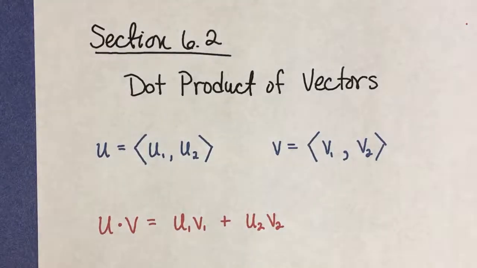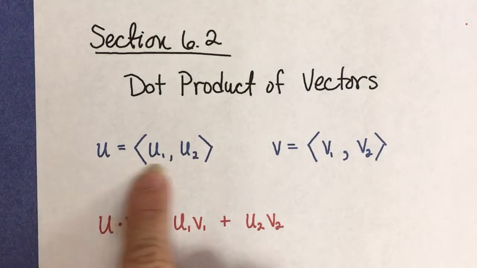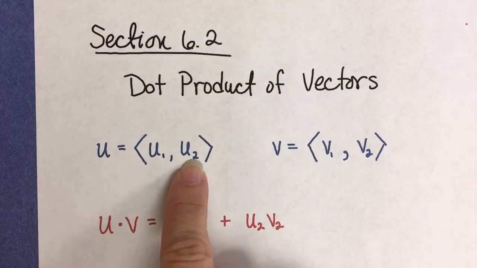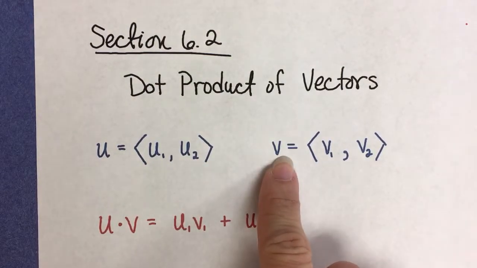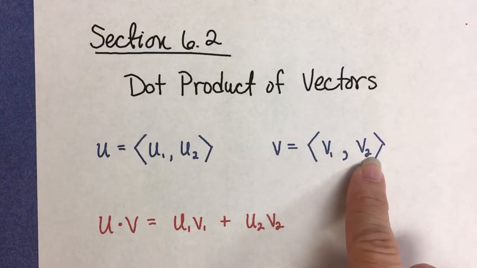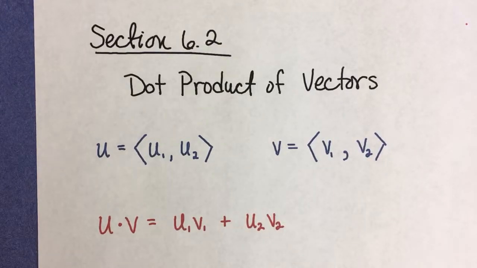Okay, section 6.2, still dealing with vectors. First of all, we're going to look at what's called the dot product of vectors. If you have vector u, they're just referring to the components as u sub 1, u sub 2, and you have vector v with components v sub 1 and v sub 2. If you're asked to do dot product, it does use a dot like multiplication, but it's referred to as dot product,